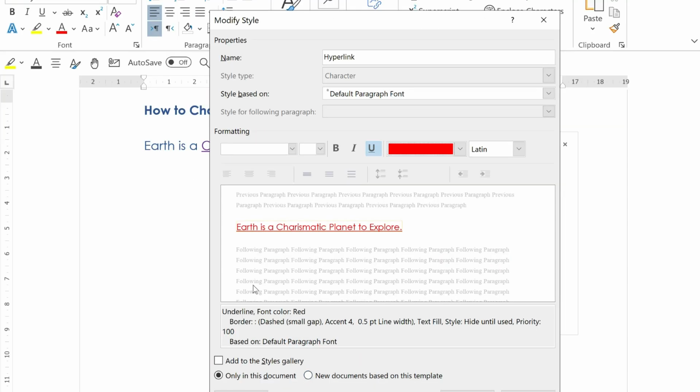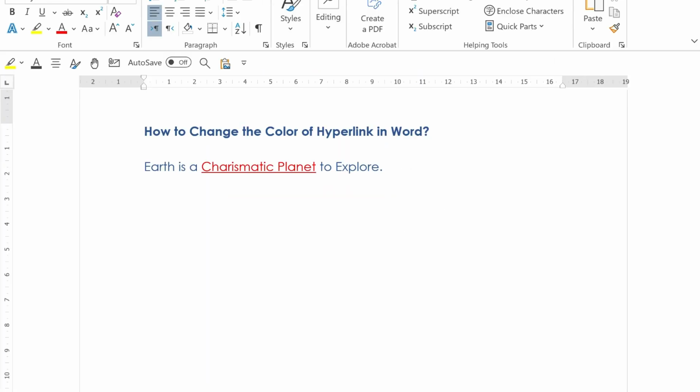At the bottom of Modify Style, you will see that this is only in this document. However, if you want the link to stay this color in every new document you create, select the radio button at the bottom that says New documents based on this template, and click OK. So this way you can easily change the color of the